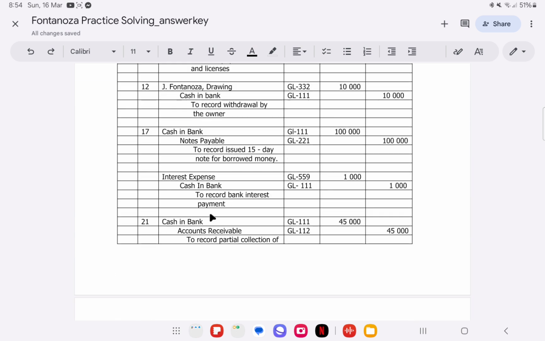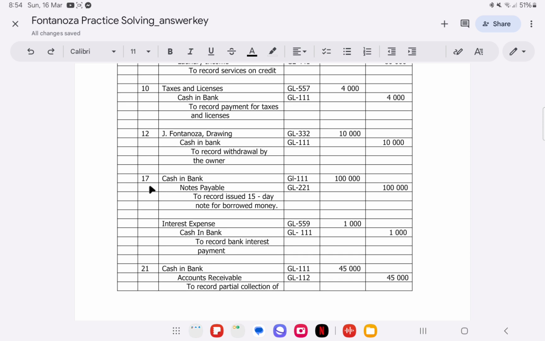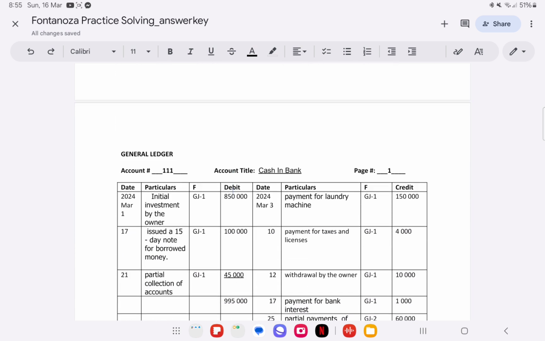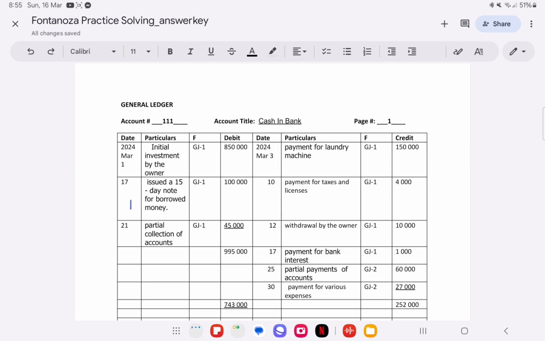Okay. So next transaction, March 17, debit to cash in bank 100,000, notes payable 100,000, to record issued 15-day note for borrowed money. Okay, so cash in bank. So try to look at cash in bank. So debit in March 17 issued a 15-day note for borrowed money, JG1 100,000. And what's your